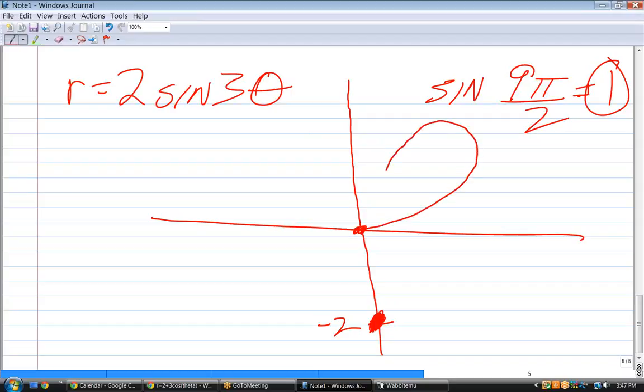I haven't gotten to pi over 2 yet. I don't get to pi over 2 until right there. In other words, here, I'm only at 45 degrees. I get back to the 0 point at